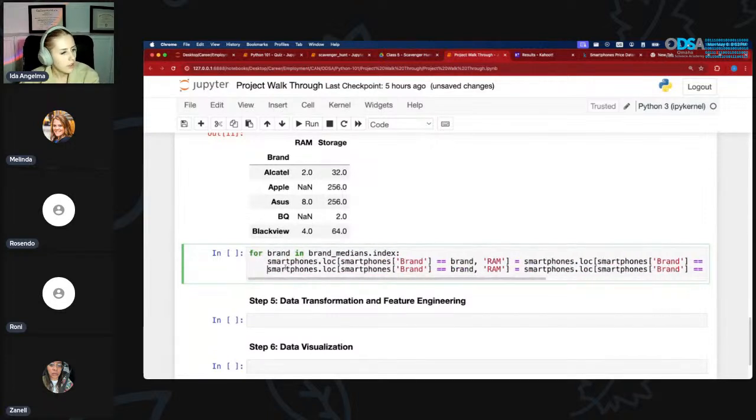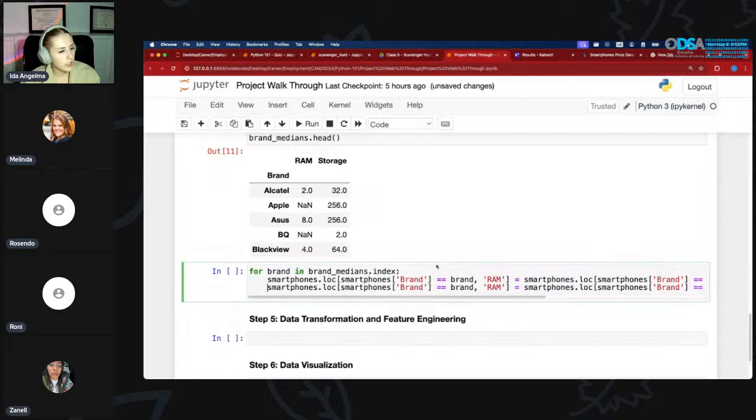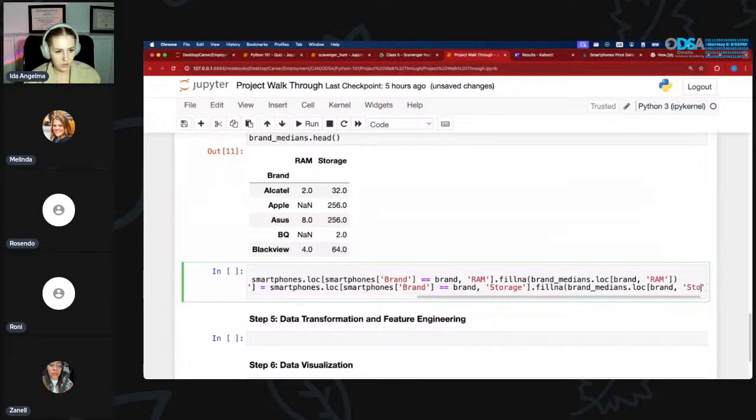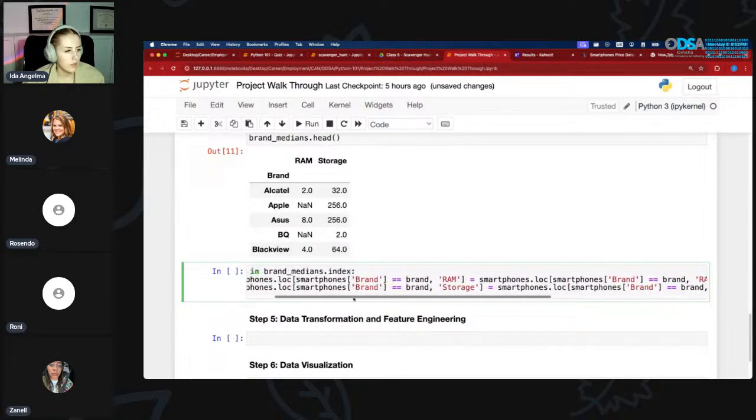And we're going to do the same thing for storage. So all we're going to do is change the RAM to storage over here. Same thing over here. And over here. Storage. So again, smartphones.loc,